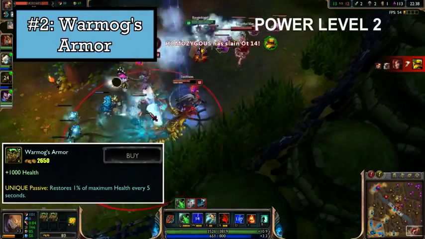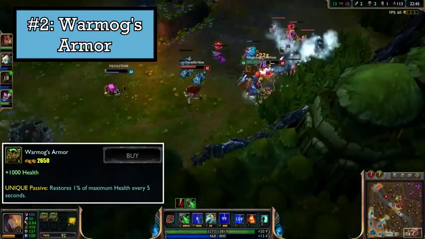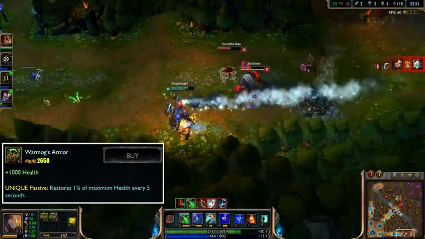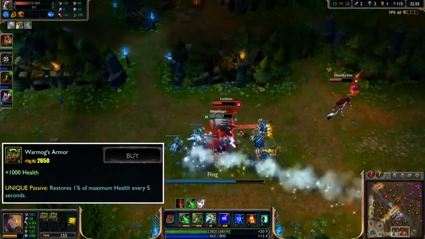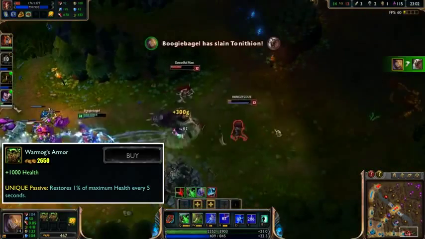At number 2, we have Warmog's Armor. In the preseason to Season 3, Warmog's Armor completely dominated the meta, and the phrase League of Warmogs was coined, and you would literally buy this item on everyone, even on supports, even on mid laners, and oftentimes you would just keep stacking it. It was so incredibly cost effective and powerful and cheap that you could really fit it